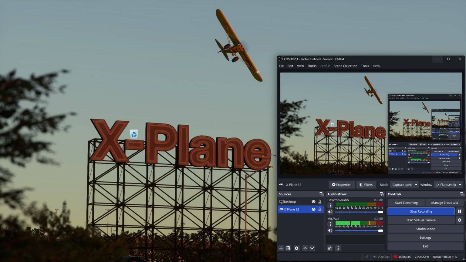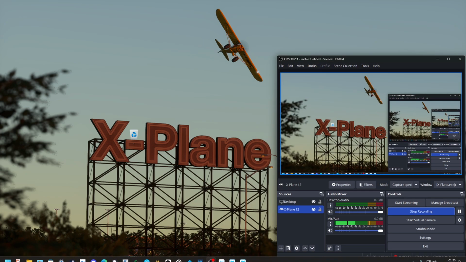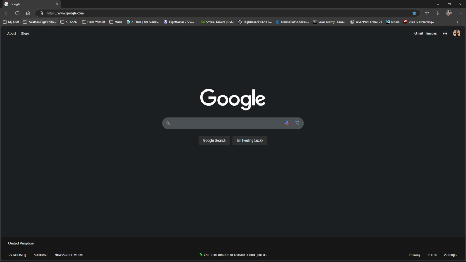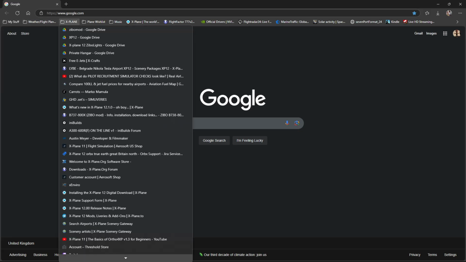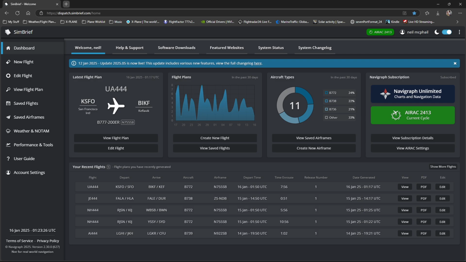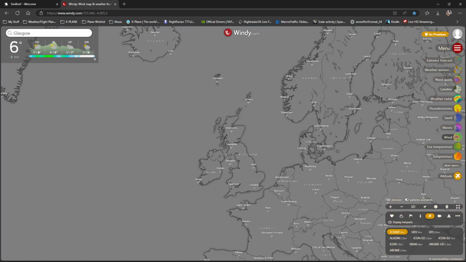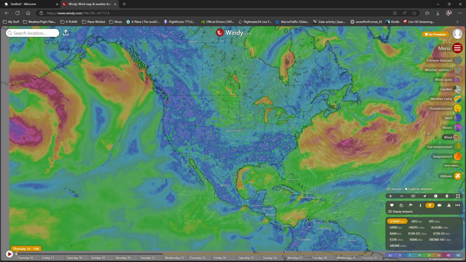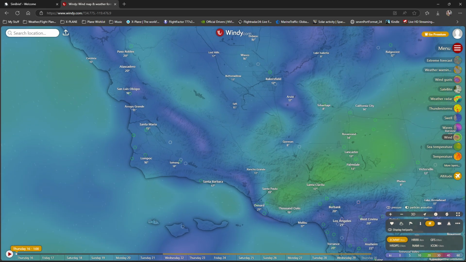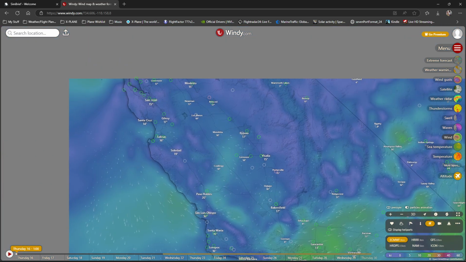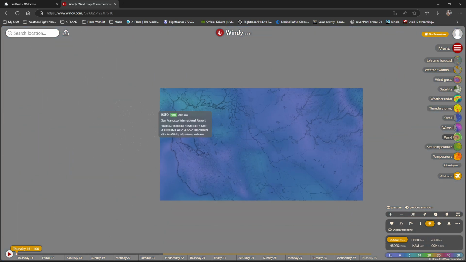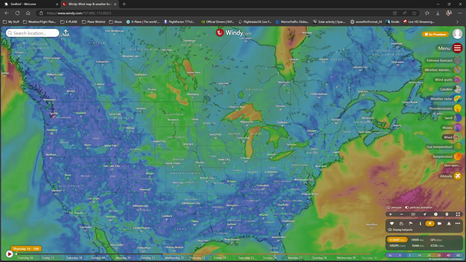So, make sure that's definitely showing the desktop. So that's, well, I already know where I'm flying, so I don't need to look at a map. So I'll just go into SimBrief. We'll fly from San Francisco, which isn't there, which is up here, KSFO, and we'll fly all the way